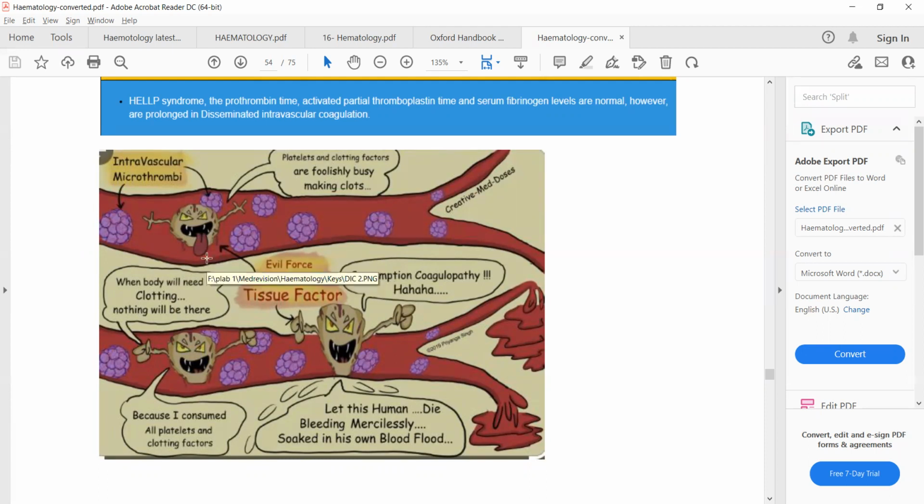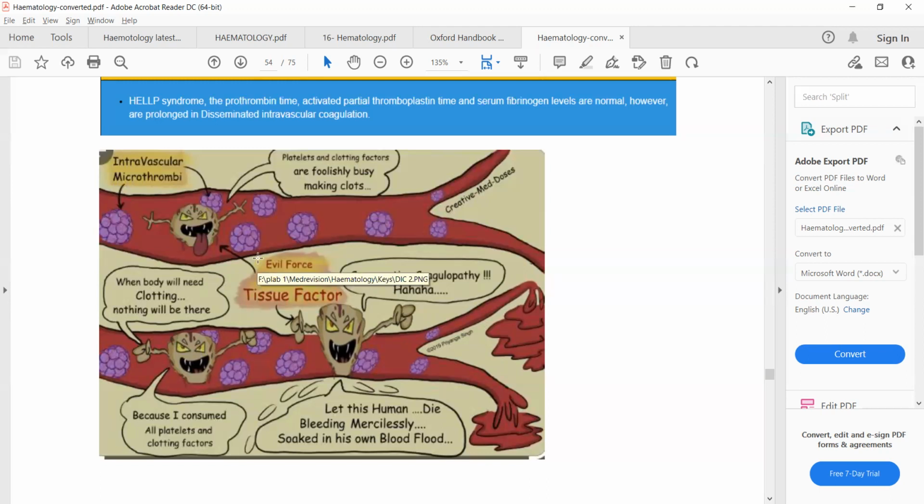All these conditions which lead to the exposure of this tissue factor can cause DIC, that is disseminated intravascular coagulation. So the first step in the development of intravascular coagulation is exposure of the evil force that is behind DIC, that is tissue factor. So what will happen when tissue factor is exposed? Coagulation cascade will be started, and